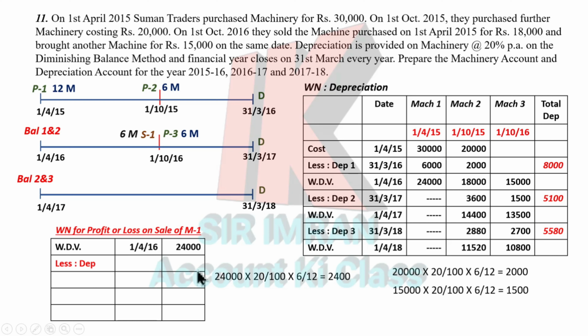So it comes to 2,400. Depreciation till 1st October 16 is 2,400, we will subtract it. Now the WDV will come to 21,600 on 1st October. On the date of sale, the value of this machine number 1 is 21,600. Okay, so in October its value, its cost, is